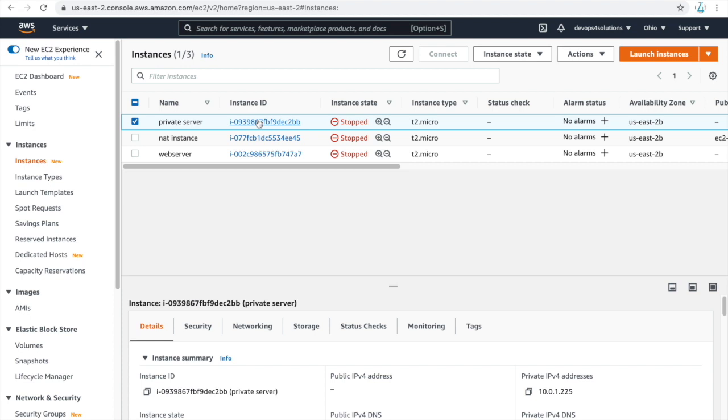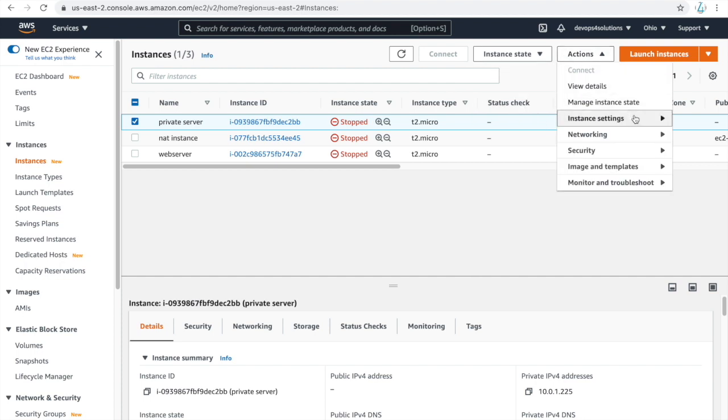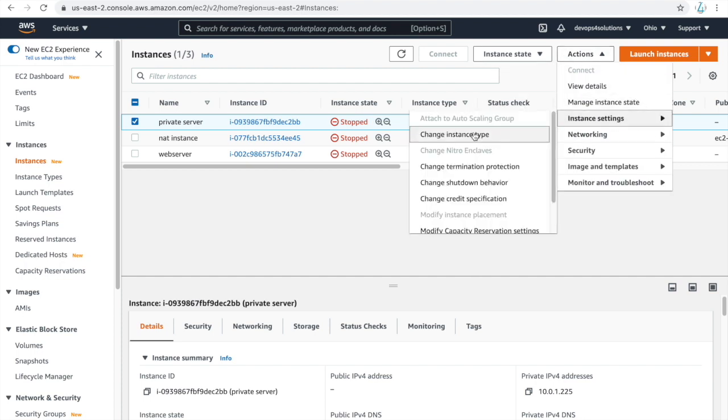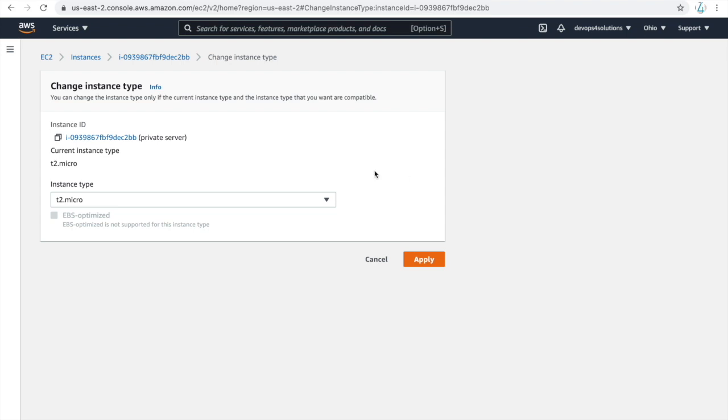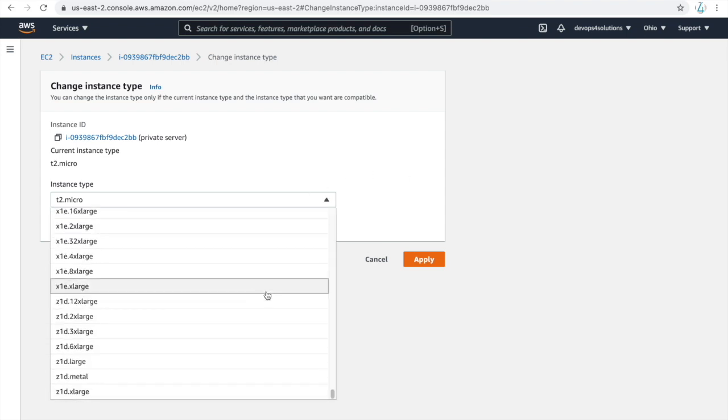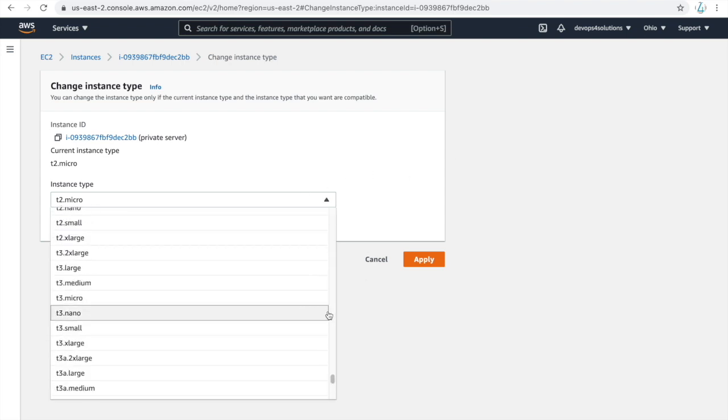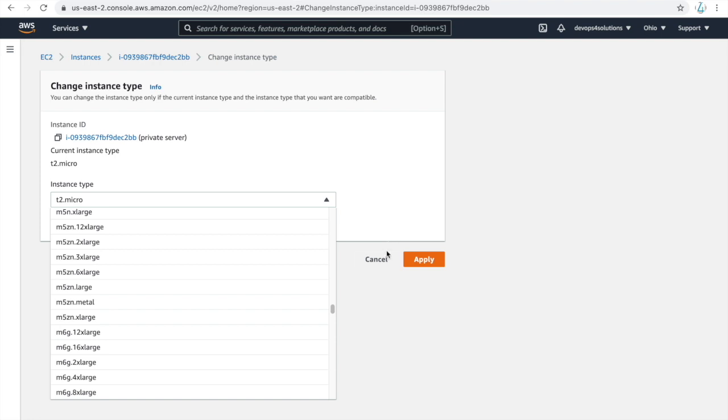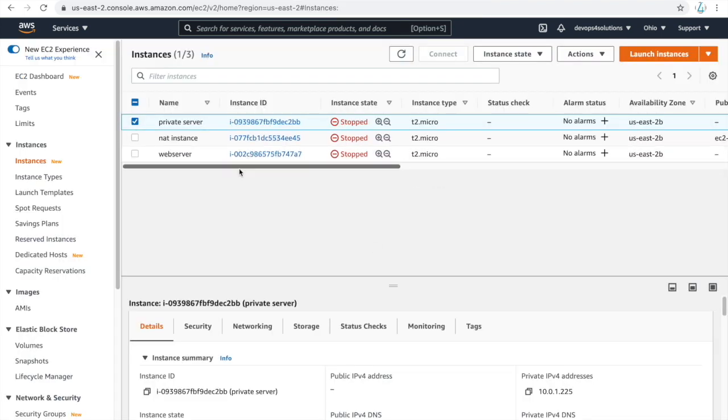You can stop the instance, and once the instance is stopped, you can go there, and in the instance settings you can change the instance type, and here you can select any one whichever you want. So this is how you can change the hardware, I mean the memory and CPU of your instance. But you need to make sure that it is stopped, and then you can change it.